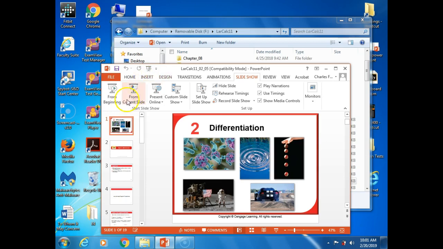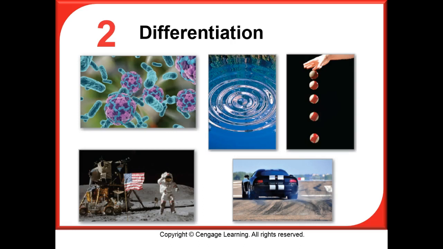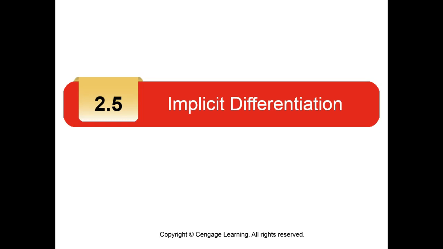Let's get started then, we're still in Chapter 2. In fact, we're in the last section we're going to cover in Chapter 2. And Chapter 2 is differentiation, fun chapter, okay? And 2.5 is implicit differentiation. Now,